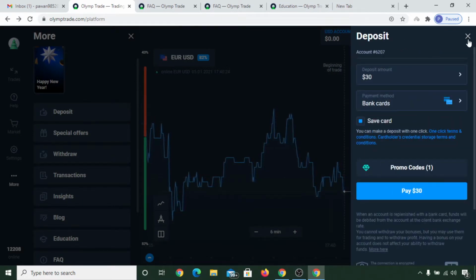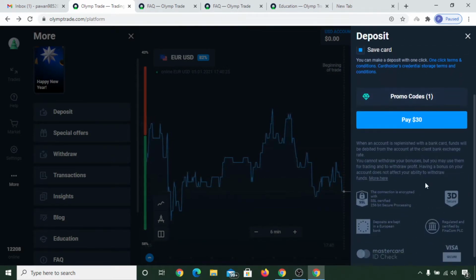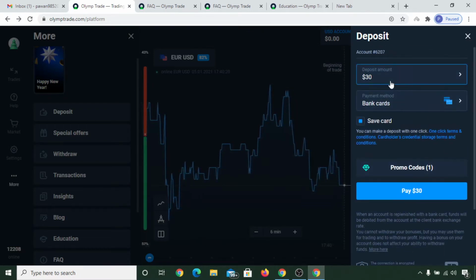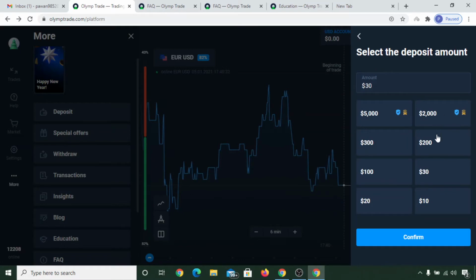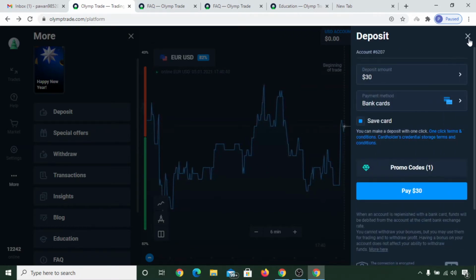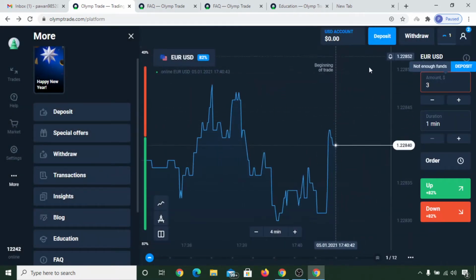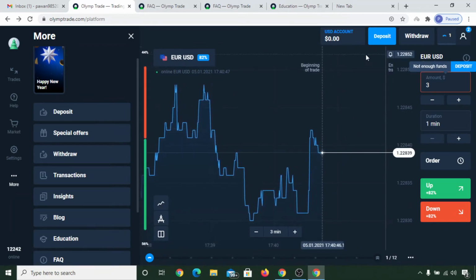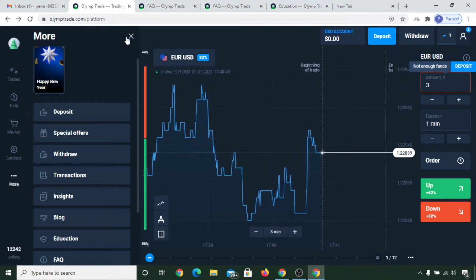So this much I wanted to show you in this video, and it is not showing here, but I think once you select and deposit the amount, I'm not exactly sure why it is not showing, but you will be eligible to get some deposit bonus also once you make a deposit for the first time.